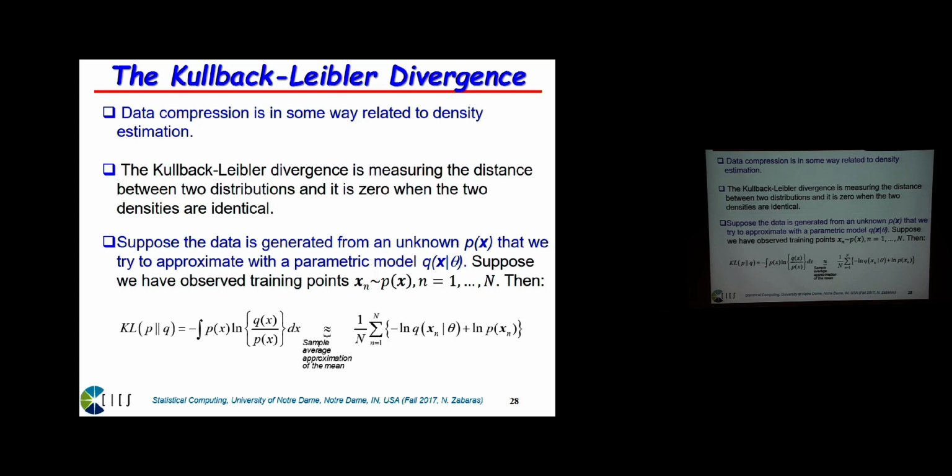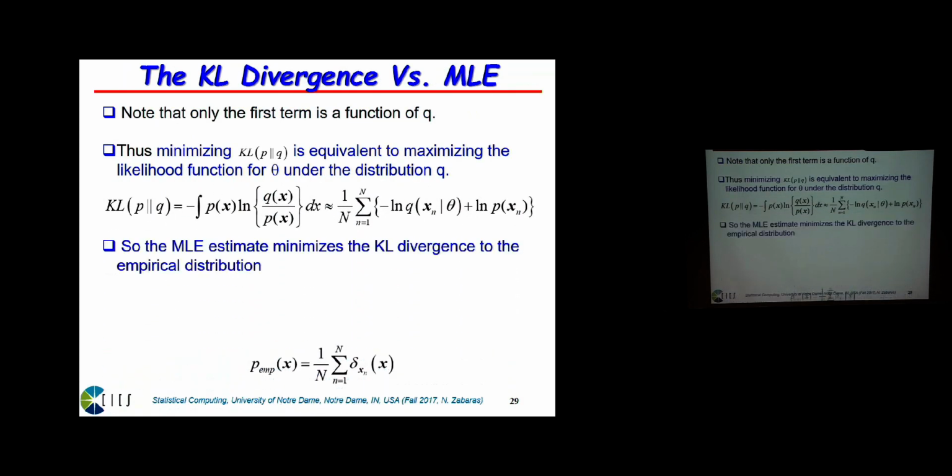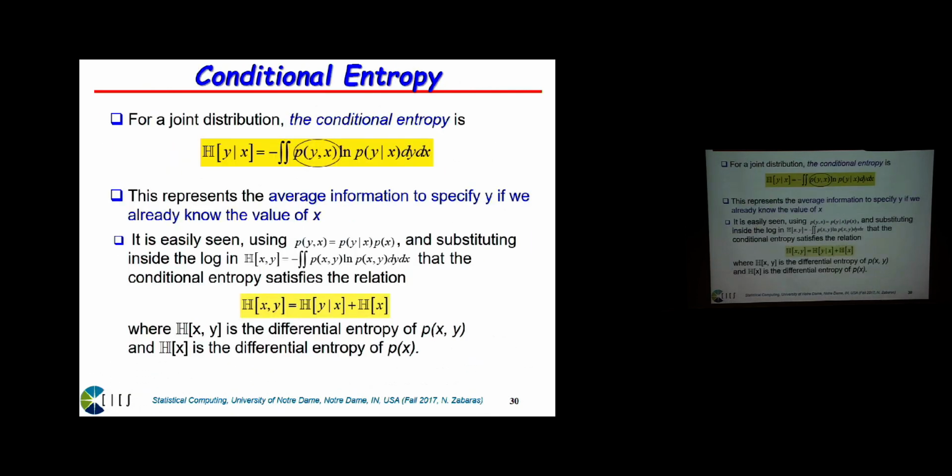if you use parametric representations for Q, you need to be sure that they belong to the same type of families that P is. Okay. So this is very important, and we may use it again. But I will talk a little bit more about maximum likelihood today, if time allows. All right, a few more definitions, and we're out of information theory.